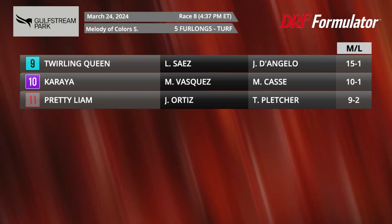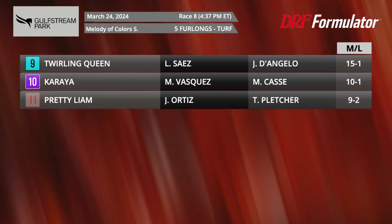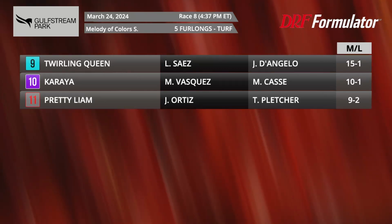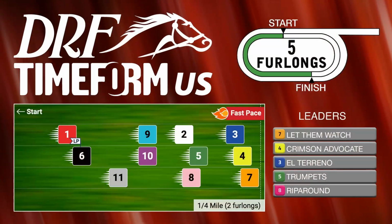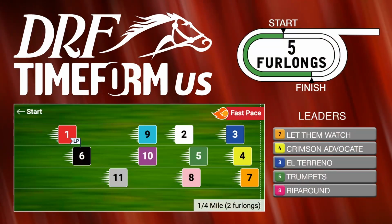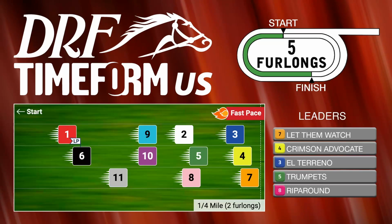Maybe she'll need one off the layoff, and this is a pretty good field overall, but she's the horse to beat. She was the speed of the speed in the Breeders' Cup. It'll be interesting to see how that speed plays. She should be fresh. We take a look at our Timeform US pace projector. There she is, right up and on the lead, along with 3 El Terreno, who has been very, very impressive